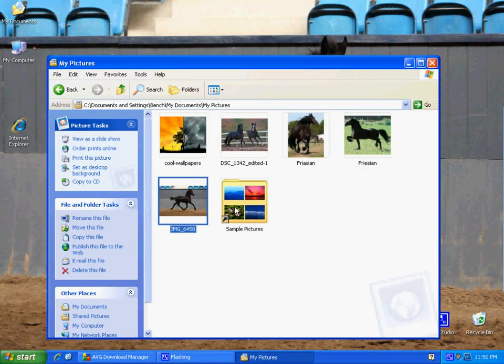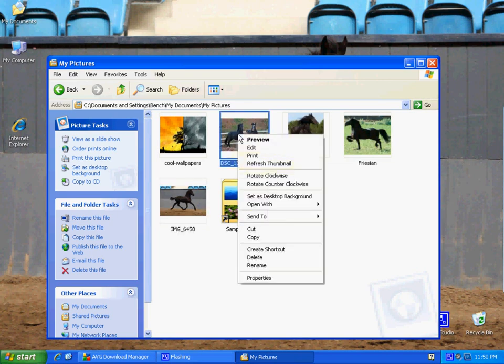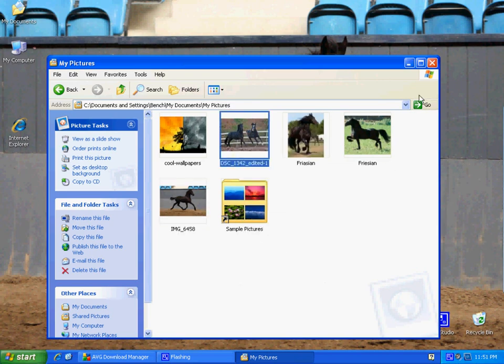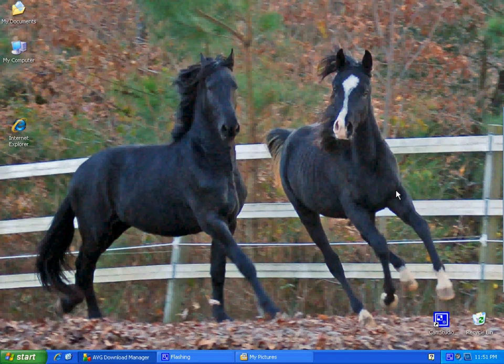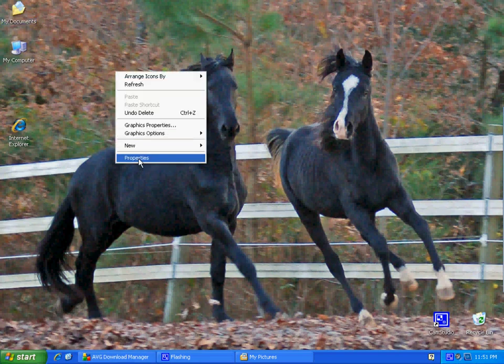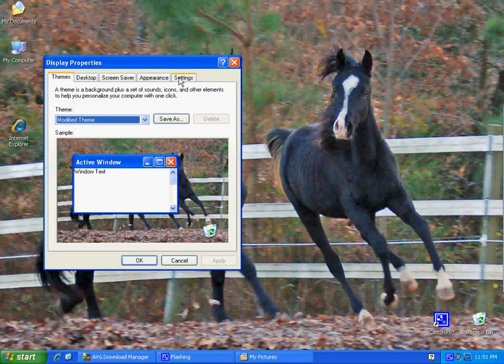And if you want to set another one, you can say set as desktop background. That's the second. Now, with subsequent versions of Windows, you can also set the pictures to rotate within a folder so that they'll change. There's more than one way to do this with XP, to where you can change your wallpaper to something different. Right click on the desktop and left click on Properties, Desktop,